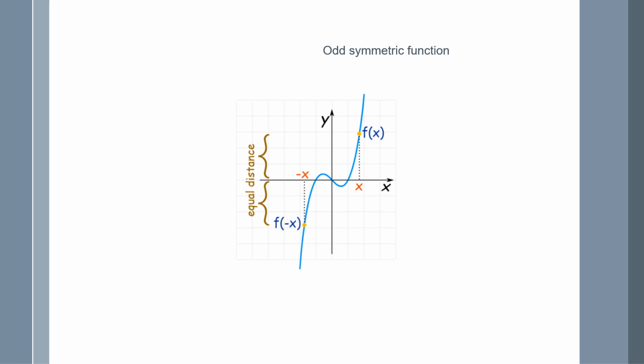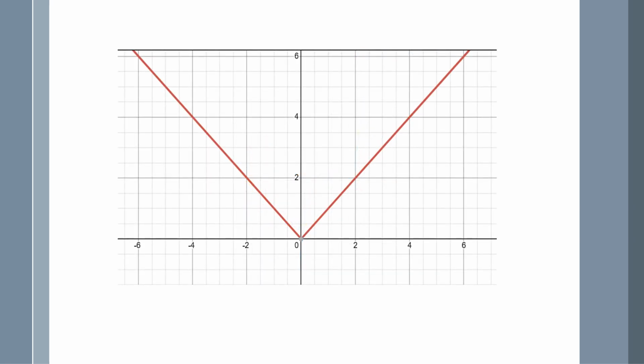So if it's odd, that just means, I'm sorry, I was trying to go back, but I couldn't. So let's look at this picture. This is an even symmetric function because it is symmetric around the y-axis, so you call it even because it's symmetric around that. In class, I will be discussing this much more closely and in more detail. I will link additional videos on even and odd symmetric functions.